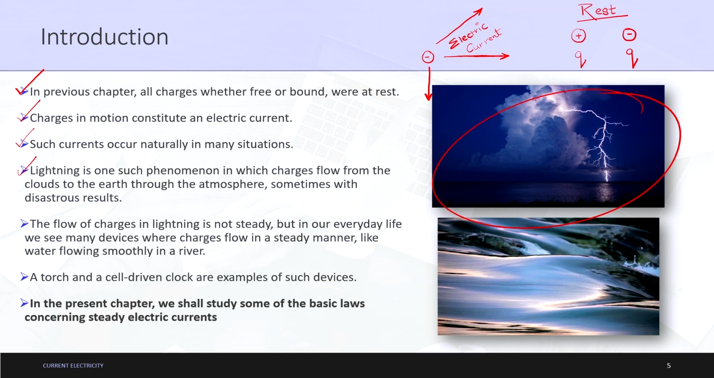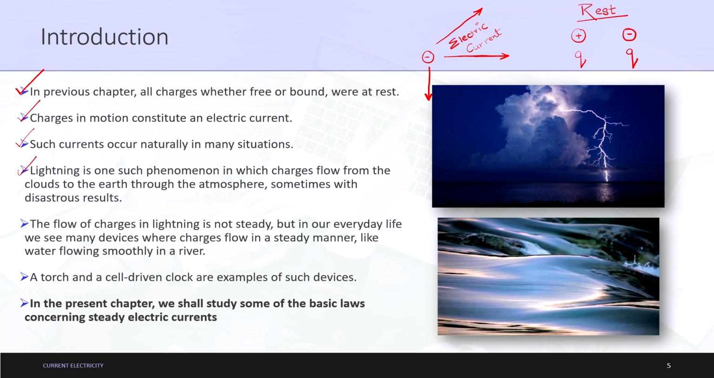You can see in this photo here that the charges are flowing from the clouds to the earth, quite evident. These are the clouds here, this is the earth here, through the atmosphere. The passage is through the atmosphere. So air is used as a passage for the movement of electric current from clouds to earth. So, this is one example of electric current being produced or induced from point A